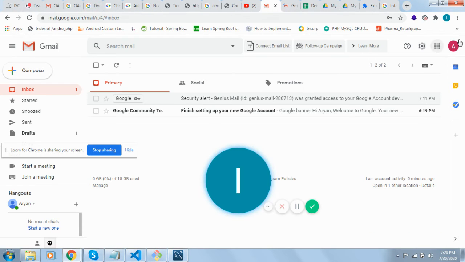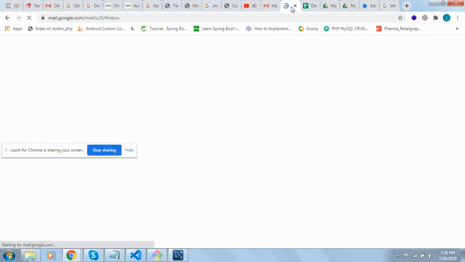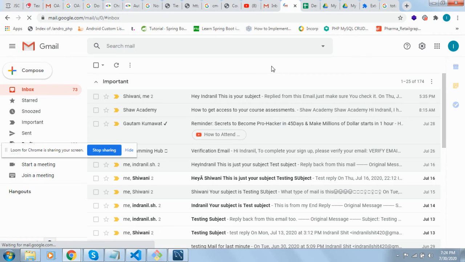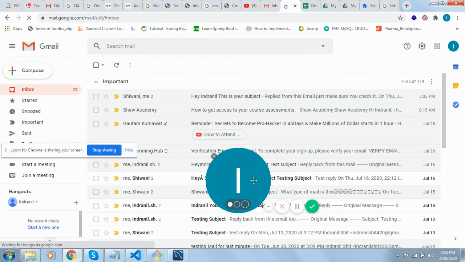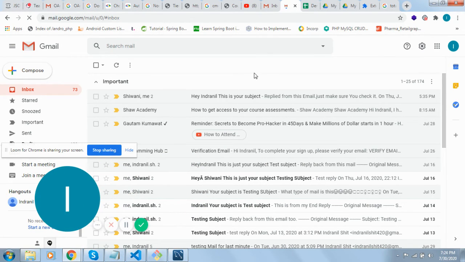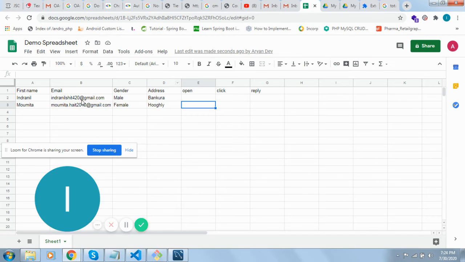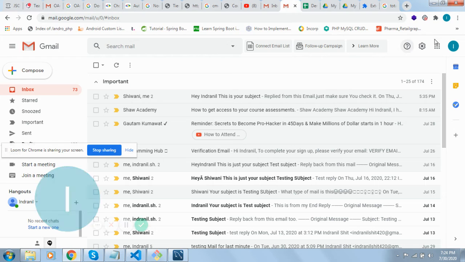From our email, this is the address tave 2020 aryan at gmail.com. We should get mail at that email address. We also have Indonesian 420 at gmail.com.